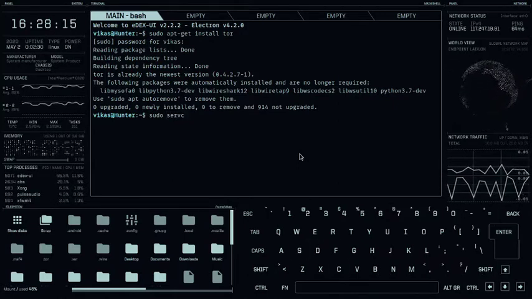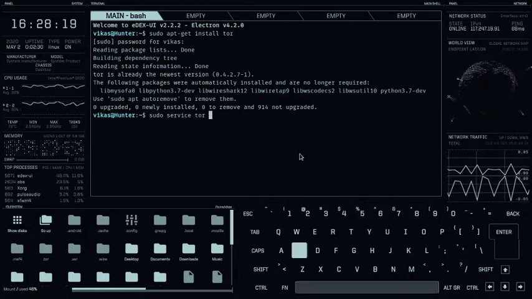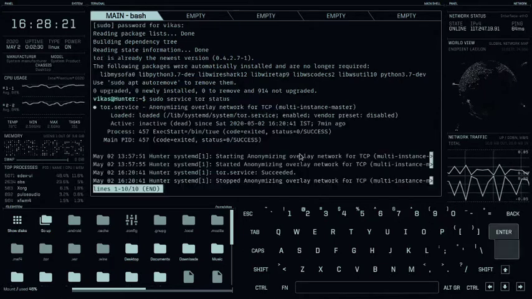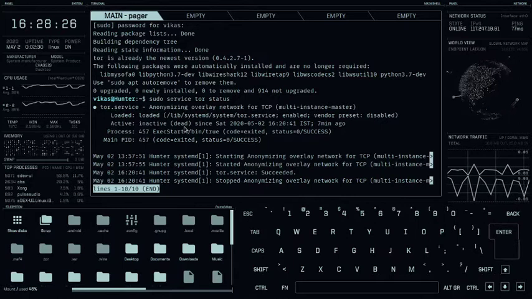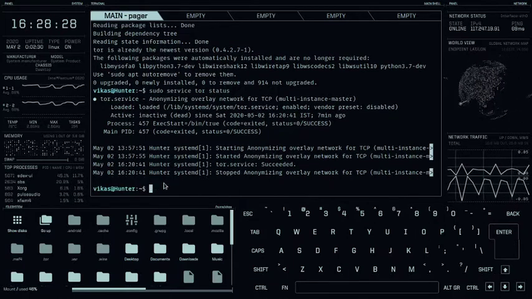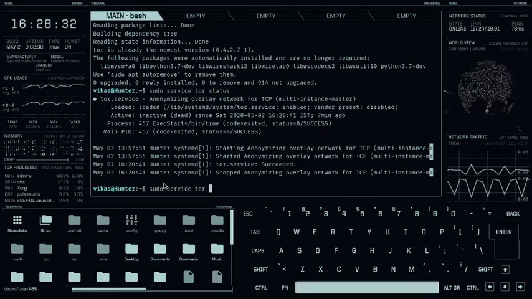First let's check whether Tor is running or not. For that you have to write sudo service tor status. You can see that Tor is inactive, that is dead, and now you need to run it. So just write sudo service tor start